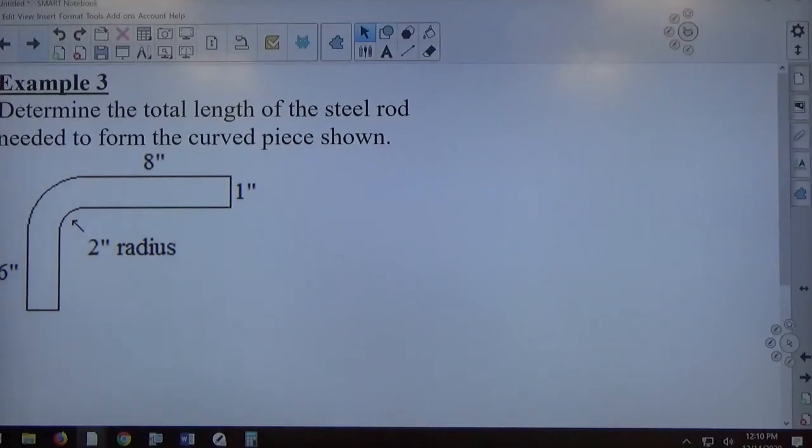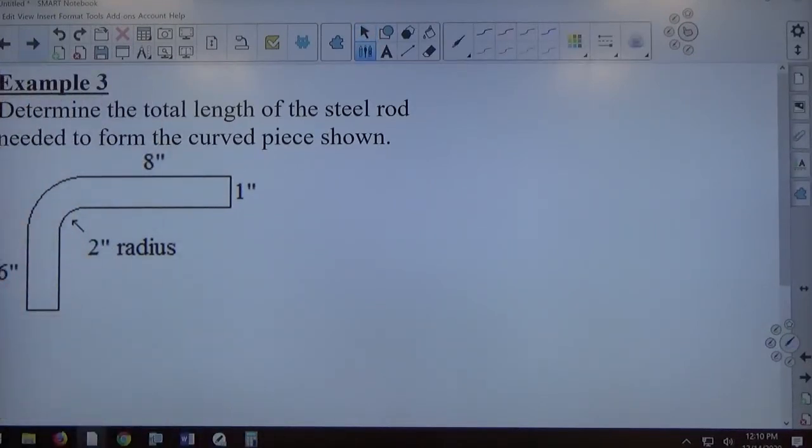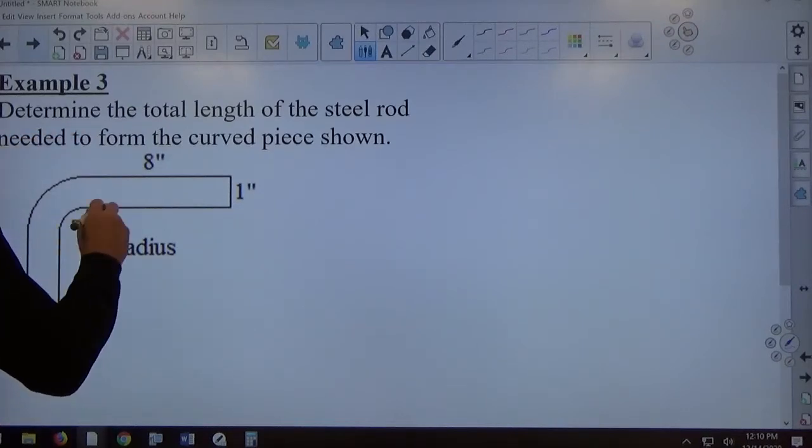Example 3, determine the total length of the steel rod needed to form the curved piece shown. All right, so first off, I want you to get a feel for these problems with the steel rods, that you want to get the midline of this thing. So if we imagine